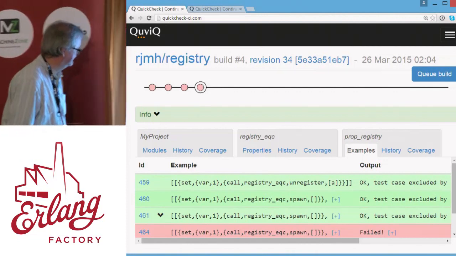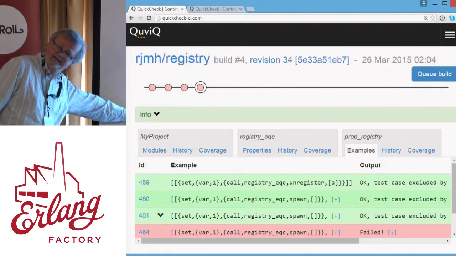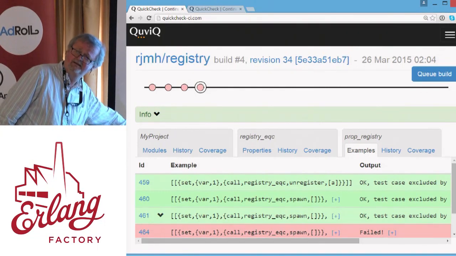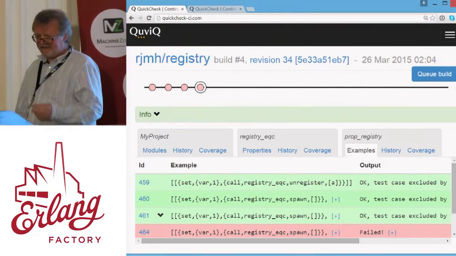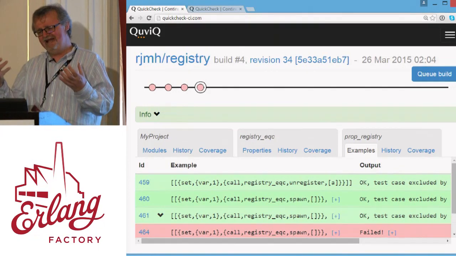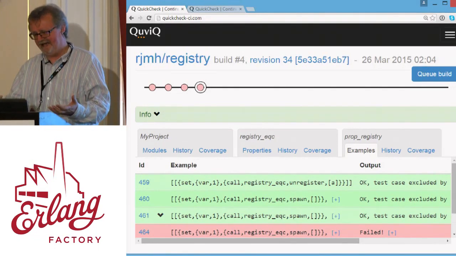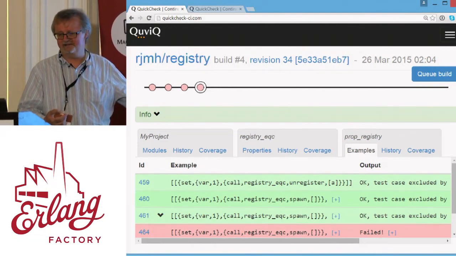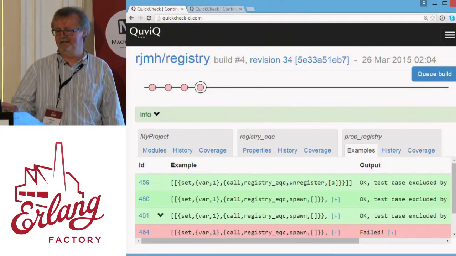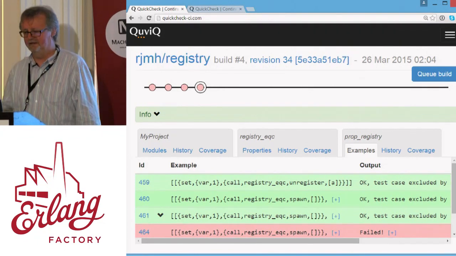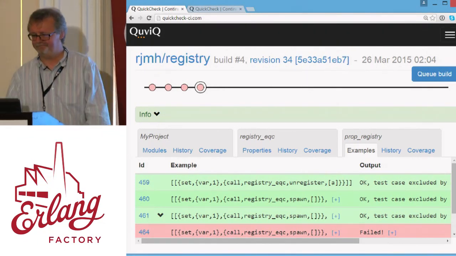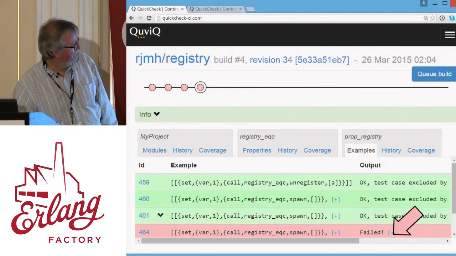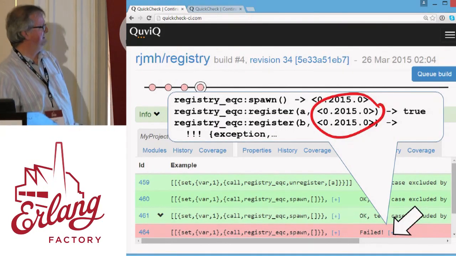oh, look, the red test turned green. Did you see that? But another red test appeared. So I can see that I fixed the test case that I previously had, but now QuickCheck has found another test case that still fails. So my fix was not complete. And this is also something that we see quite often when we use QuickCheck. So if I look at this new failing test, this is what it does.